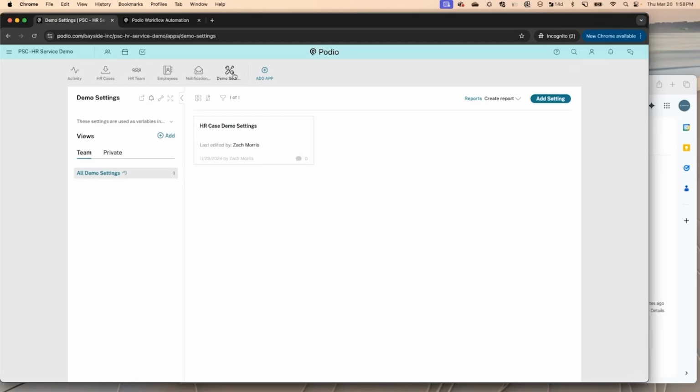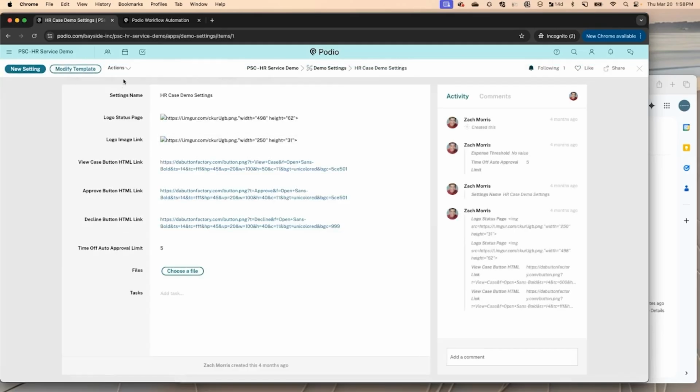Finally, we've got a demo settings application. It's got one item in it. But you can see here we've got some different pieces of information that we'll use in our workflow. So we've got some links to our logo. We've got a link to an HTML button to view the case, to approve a time off request, or decline a time off request. We're also housing here, in the context of this workspace being HR service management,